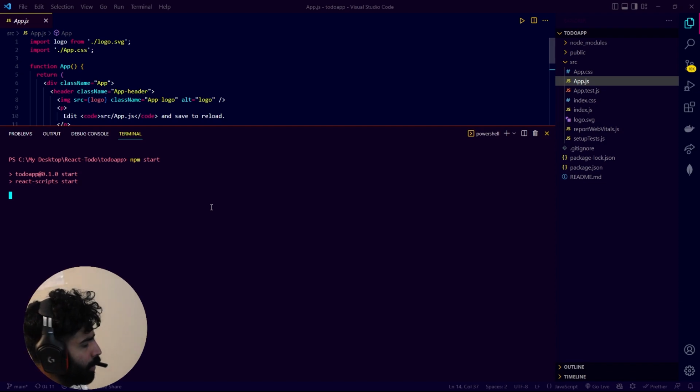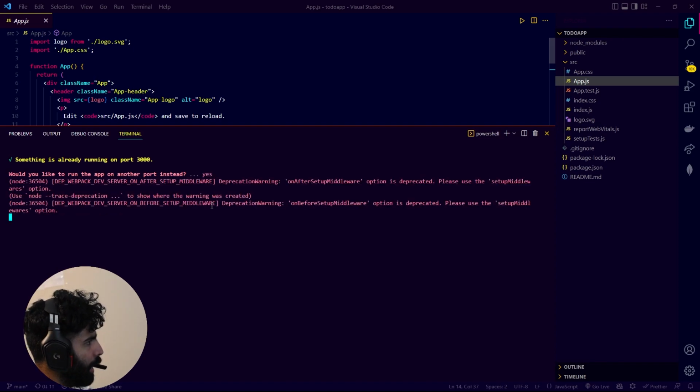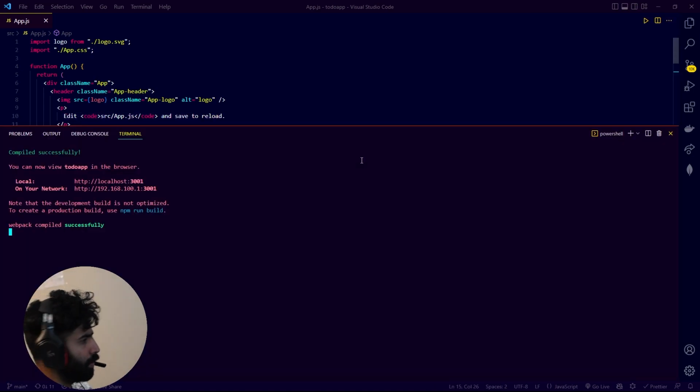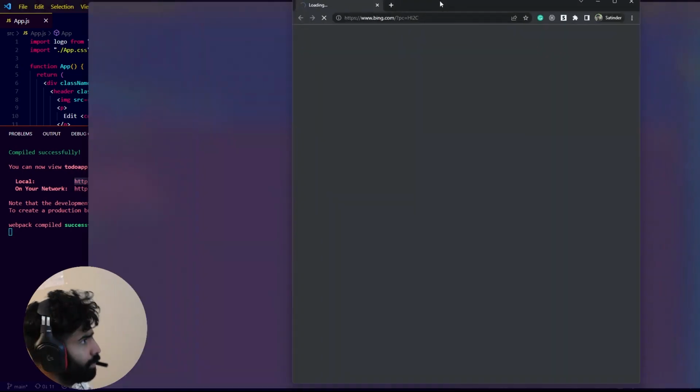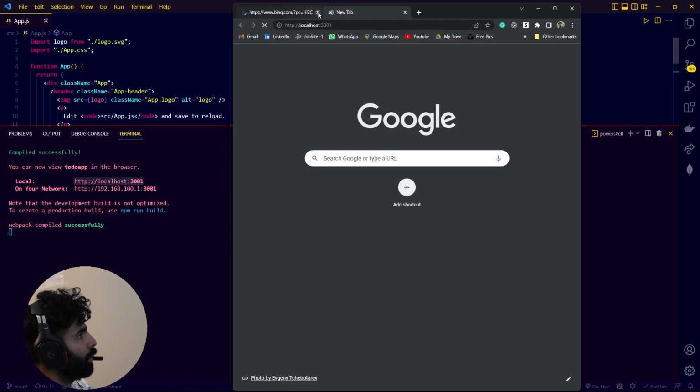It will take some time on the first run only, and it actually depends upon your internet, and it says something is running because the starting app is on 3000 and it's still running. And now it is running at this port, and I copy this, paste the URL there,